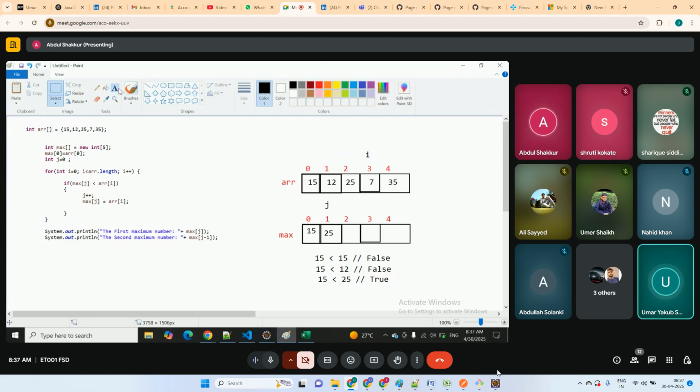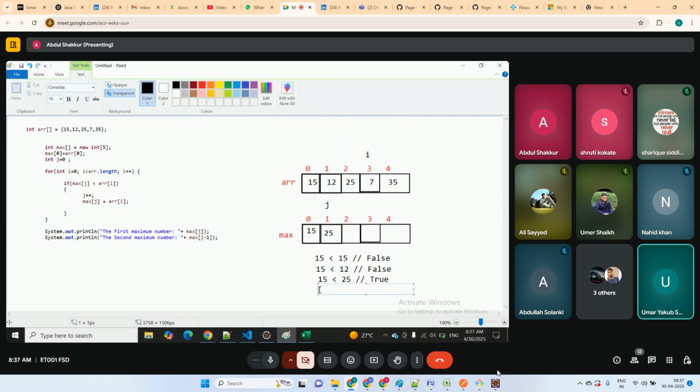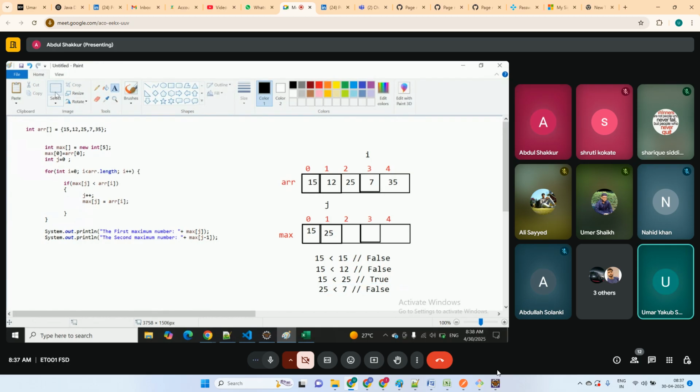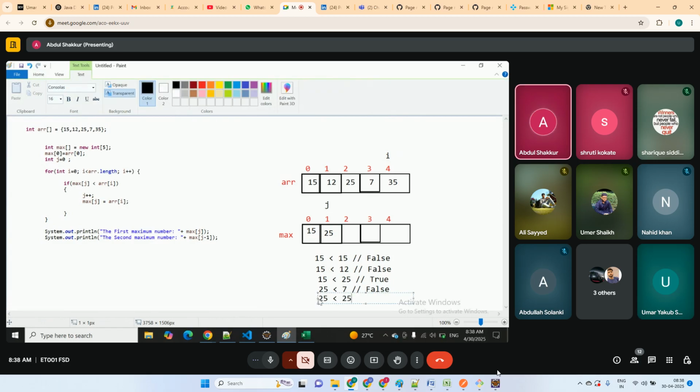अभी 7 less than 25, 25 less than 7, फॉल्स। आगे बढ़ेगा, फिर i आगे बढ़ेगा और 35 पे आ गया। तो अभी 35 less than 25, less than 35। ओके, j++ ओके, 35 इधर आ जाएगा।